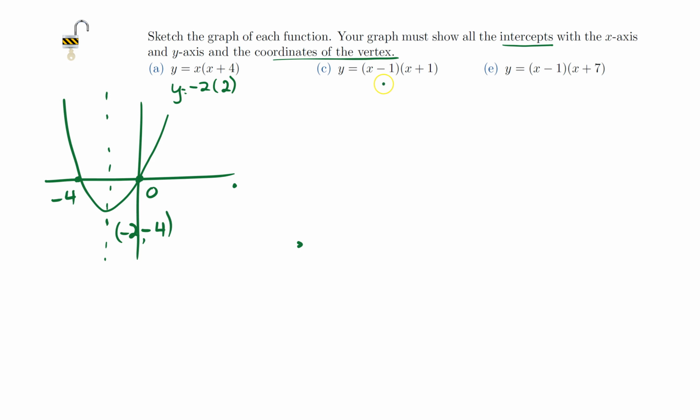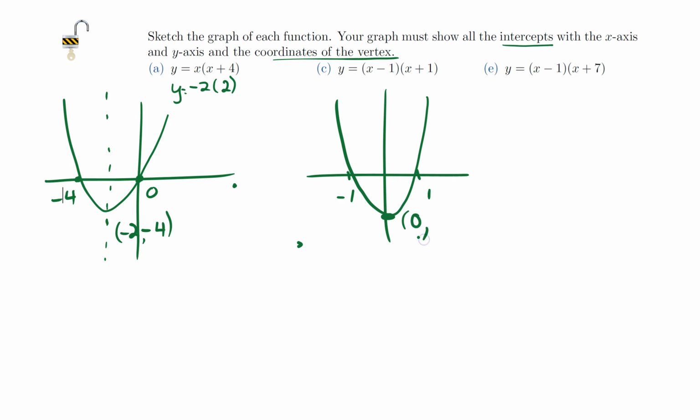Now for this one here, I'll just do it very quickly. We can see x equals plus 1 and minus 1 are the zeros. That means that the axis of symmetry is going to be the y-axis. So my minimum should occur on here, even though it doesn't look like it. Where will it occur? Well, the minimum will occur at x equals 0, midway between these two roots. And when x equals 0, this bracket will be minus 1 and this will be plus 1, so that will